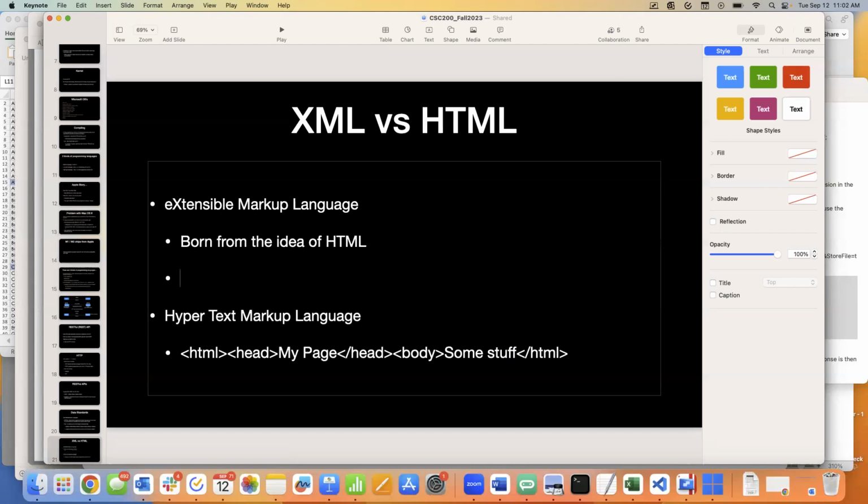Now, if you've ever really looked at your browsers, the setting is off by default, but somewhere in your web browser, there's probably a drop-down or a checkbox somewhere that allows you to say, go into XHTML mode.